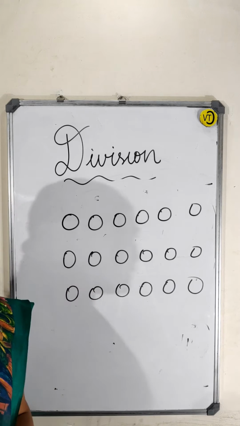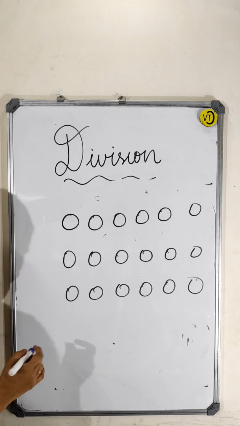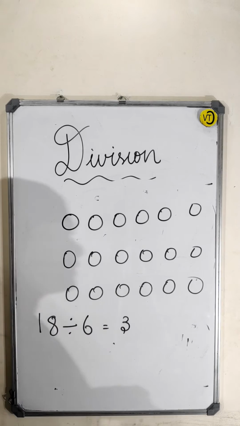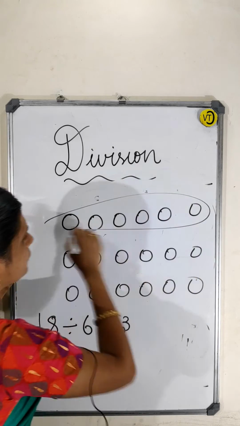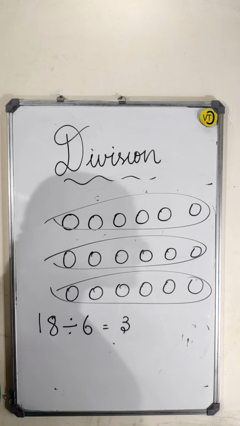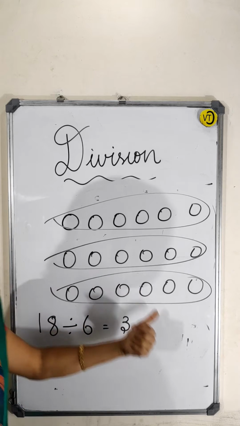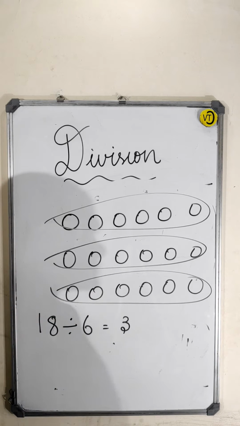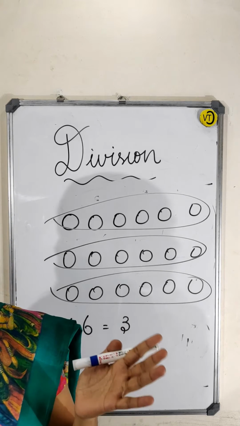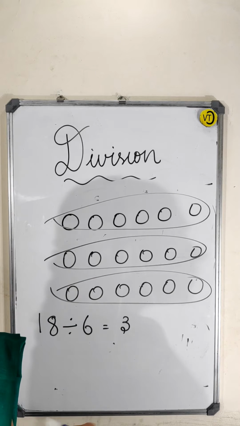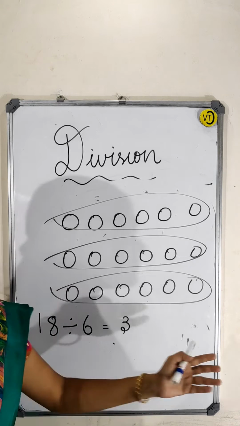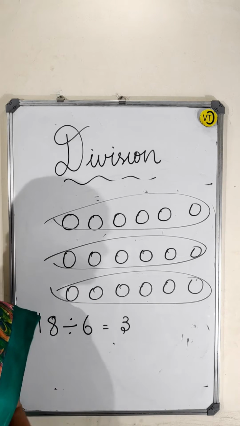He should make a group of 6 marbles for each person. So what I am doing here, 18 divided by 6 is 3 groups. This is one group, 3 groups he is making. 18 divided by 6 is 3. Also I can tell 18 is equal to 3 into 6. If we had 10 marbles and wanted to give to only 2 people, means 10 divided by 5 is equal to 2. This way we can divide it equally.